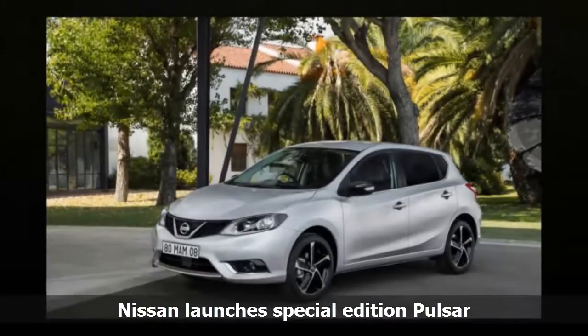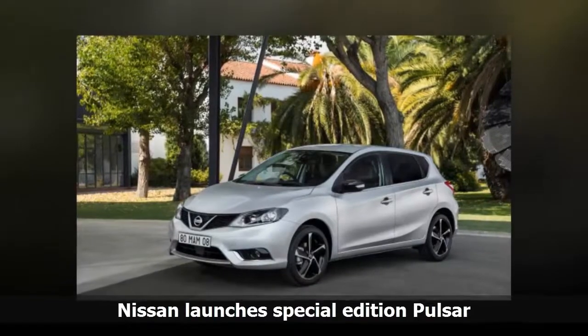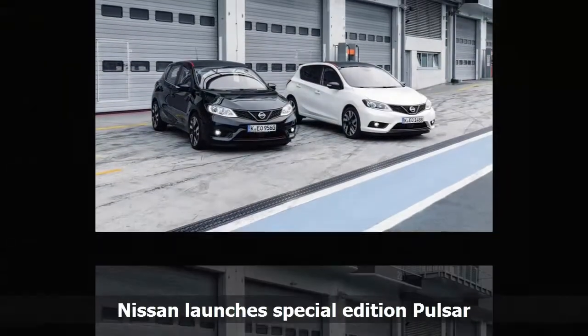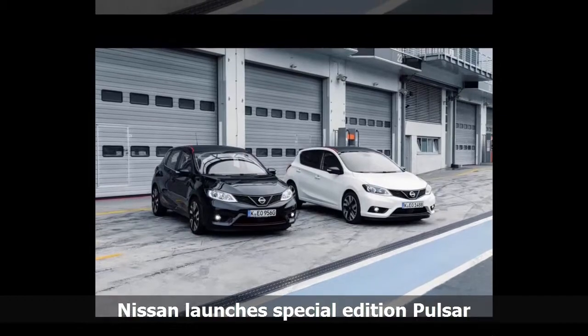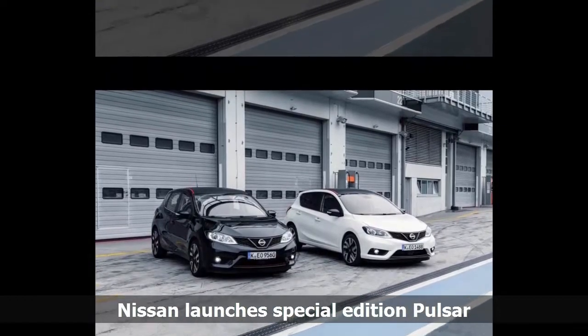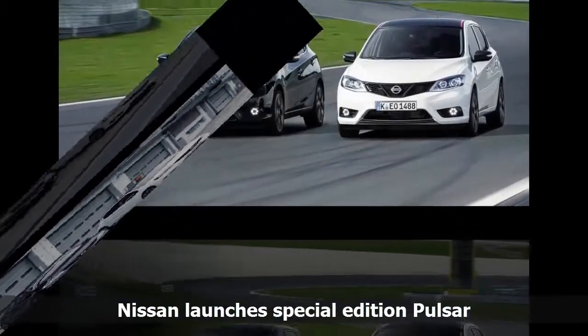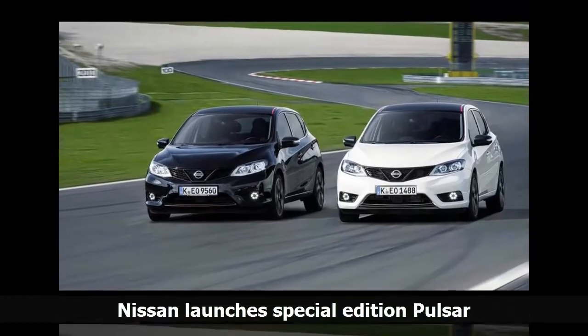Based on the existing N-Connecta, this style edition takes things up a level, adding a host of upgrades. The exterior of the car sees the addition of black bezel headlights with daytime running lights, black door mirrors and 18-inch black diamond-cut alloy wheels. Inside, there is a 5-inch touchscreen infotainment system, which includes Bluetooth connectivity, DAB radio, and USB ports, as well as